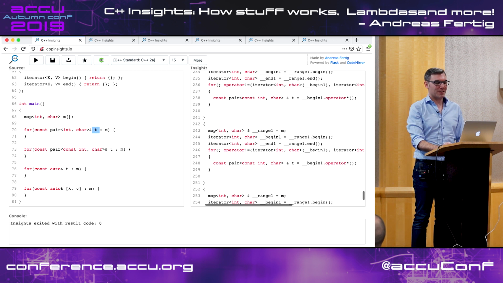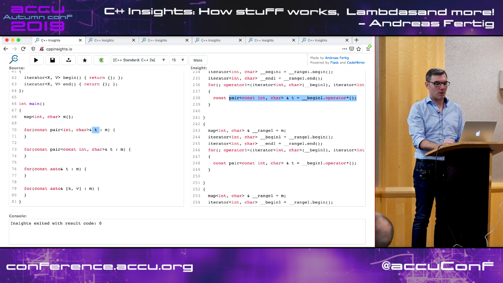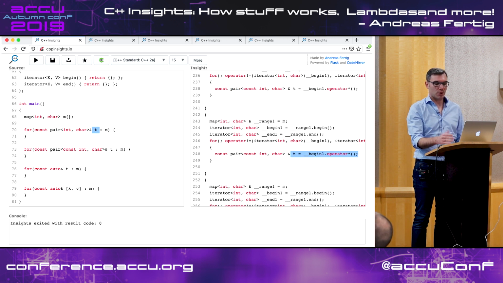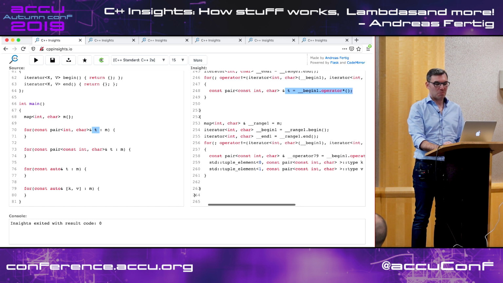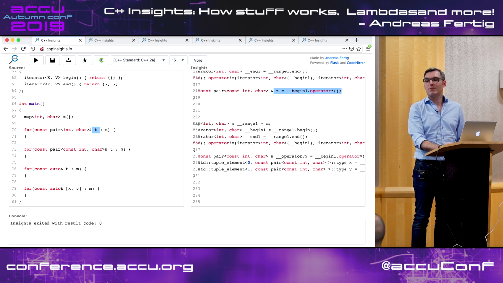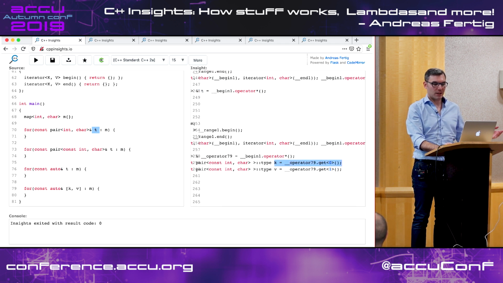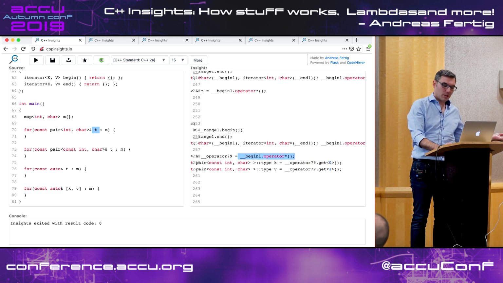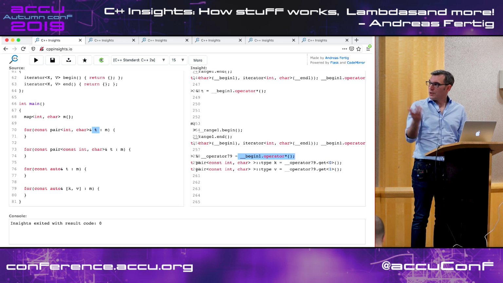And so far you have been right. The first one is the odd one. And for the second one, we can see, okay, it's just dereferencing the iterator and assigning it to the reference. There is no copy. The same goes for the third version, which uses auto. And I'm not sure if it's the most correct one, but it gives me directly the variables key and value, k and v in my example. This is also correct. I'm just, as you can see here, assigning the value of the iterator to the reference. So it helps showing things like these and showing why the first one is, in fact, the odd one.